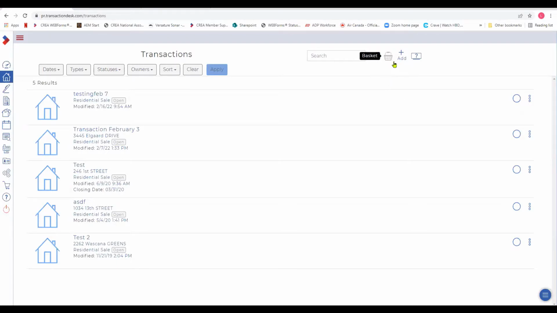And right here to the right, of course, in order to start creating a transaction, you can do it from the dashboard. I like to work from my dashboard. You can start doing it from here as well. It's exactly the same feature. So regardless whether that transaction is started from here or from the dashboard, you're still going to have access to